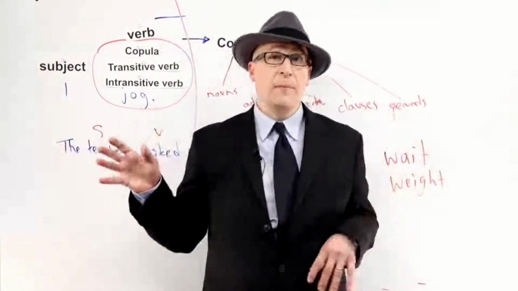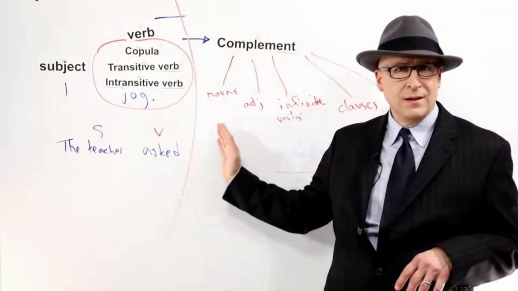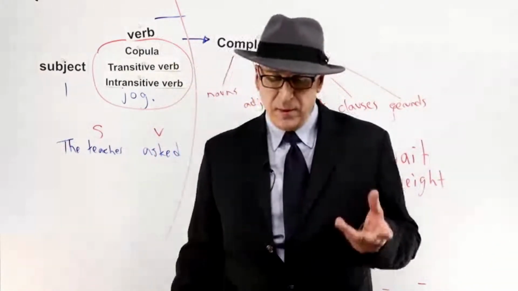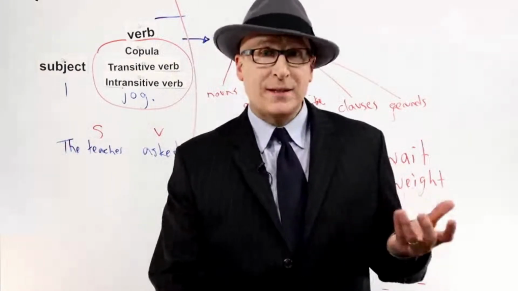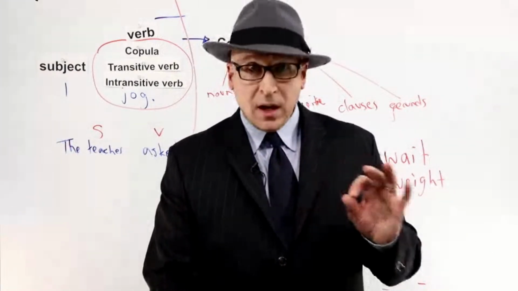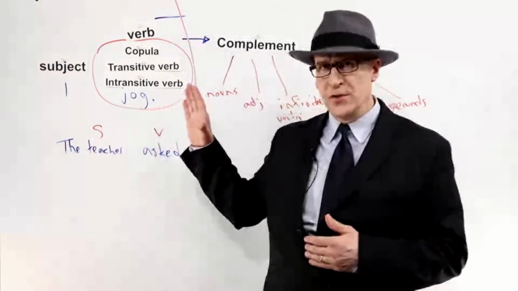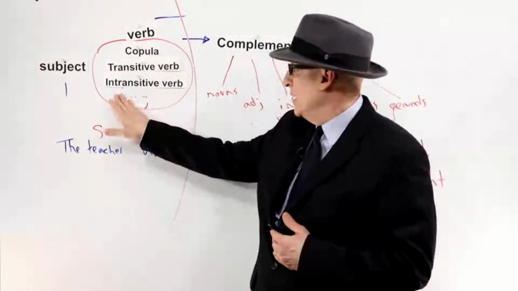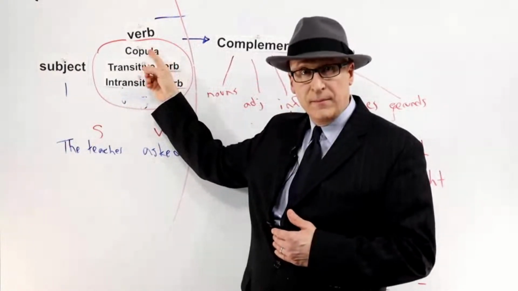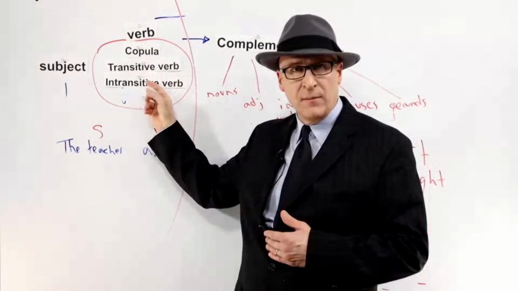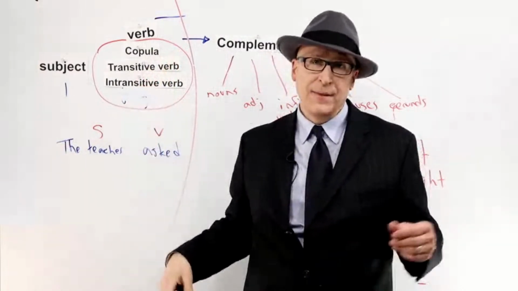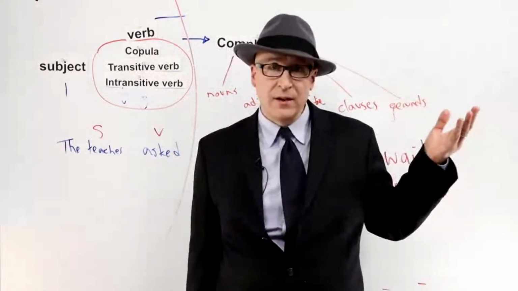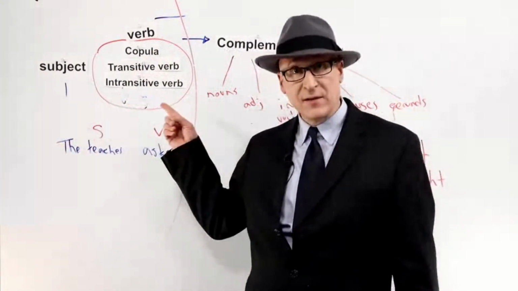Hopefully we can understand a little bit better what complements are, what parts of speech are, what is possible to come after the verb, right? We've been looking at this idea of what comes after the verb. And there are a lot of possibilities. And I think in conclusion, we've discovered that what's really important to know is what type of verb it is. Is the verb a copular verb, a linking verb? Is it a transitive verb? Is it an intransitive verb? This is far more important to know than if something is a complement or a direct object or an adjective or an infinitive or a gerund, because all of that is determined by this information.